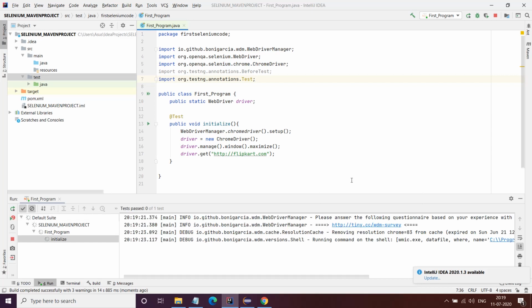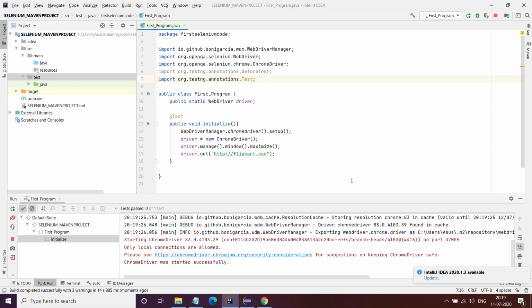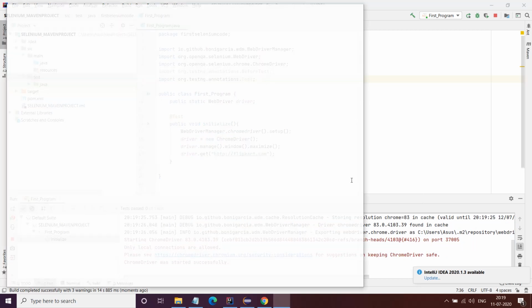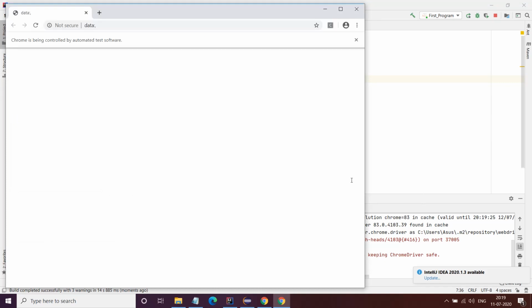Okay, it's taking some time. Okay, ChromeDriver was started successfully. Probably it is the slowness of my system as well, which is contributing more to the slowness. Earlier my system was doing really good. It is packed with unnecessary things, and anyways, our code is successful.